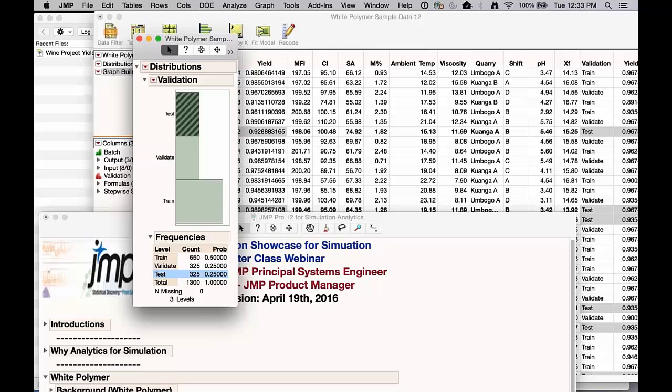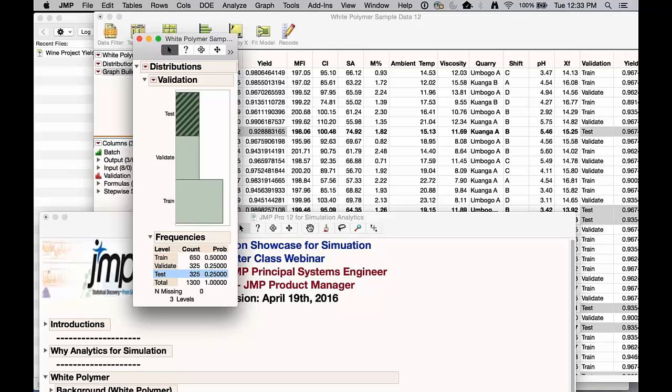Test is just what it sounds like. Test is a holdout. Another good practice is, if I throw all 1,300 pieces of data into modeling and tuning, what do I have left to say if it's any good? What if I hold out, what if I just send all the test data around the corner and not involve it in making the model, but later come back and apply that model and see how well it would have done against that holdout data,